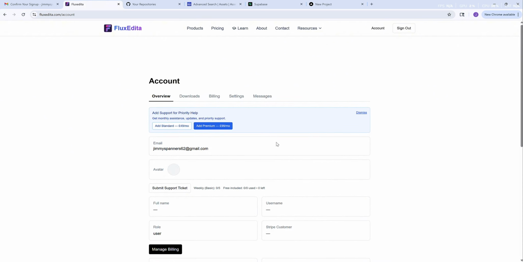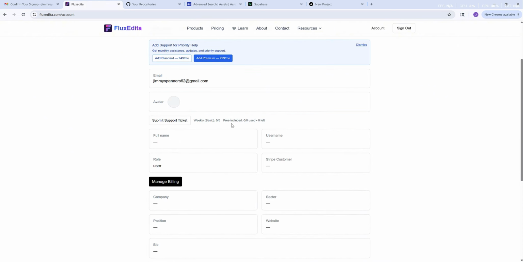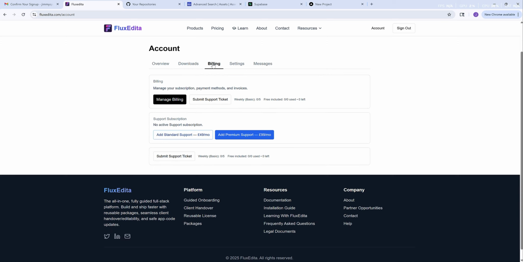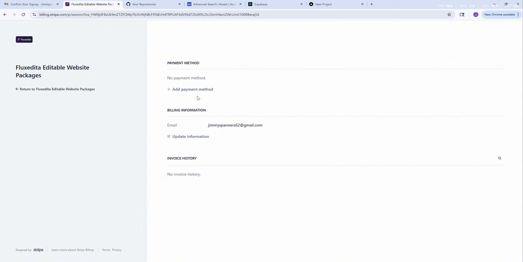All new users get 5 free support tickets when they purchase a package. And they can always upgrade their support packages should they require further assistance, etc. In our billing here, we can see and manage our current billing status, and if we were to go to manage billing right now, we will see I have not purchased anything as yet,